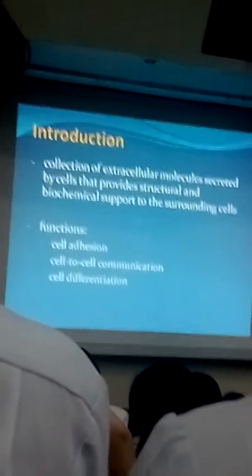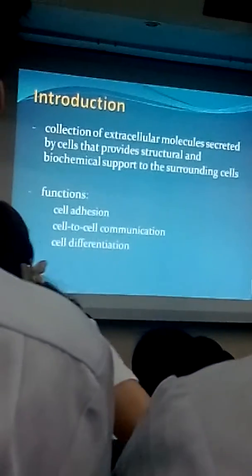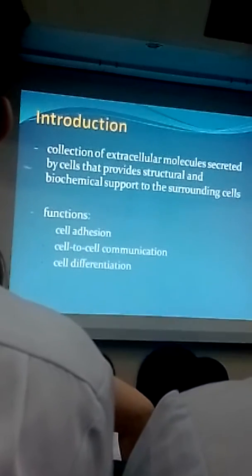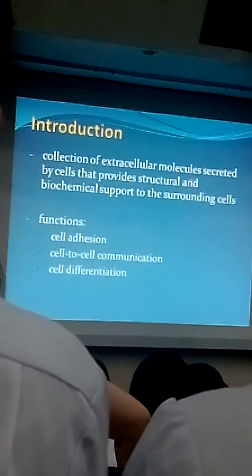So we'll discuss the biochemistry of the extracellular matrix. Better in blue background than the gray pink. Sakit sa mata. Right. So, as an introduction, for the extracellular matrix, these are collections of extracellular molecules secreted by